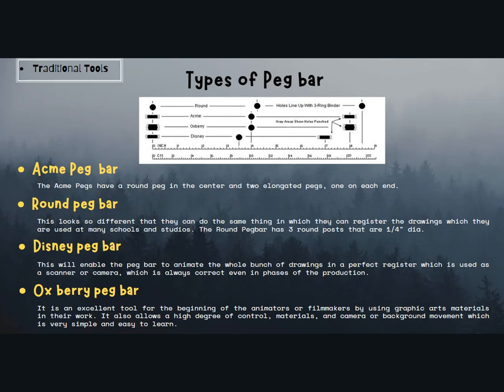It also allows a high degree of control over materials and camera or background movement, which is very simple and easy to learn. So that is the types of peg bar. You may ask, what is the purpose of the peg bar? The purpose of the peg bar is that this bar will help you in working